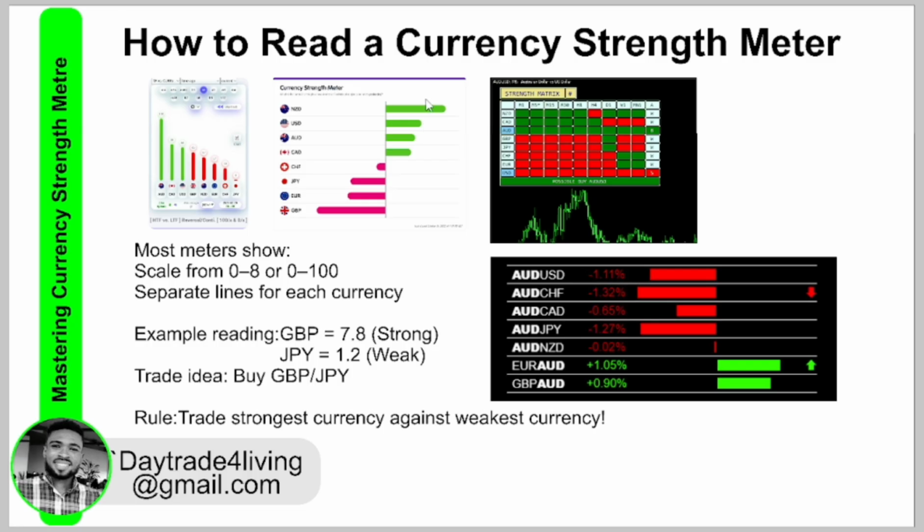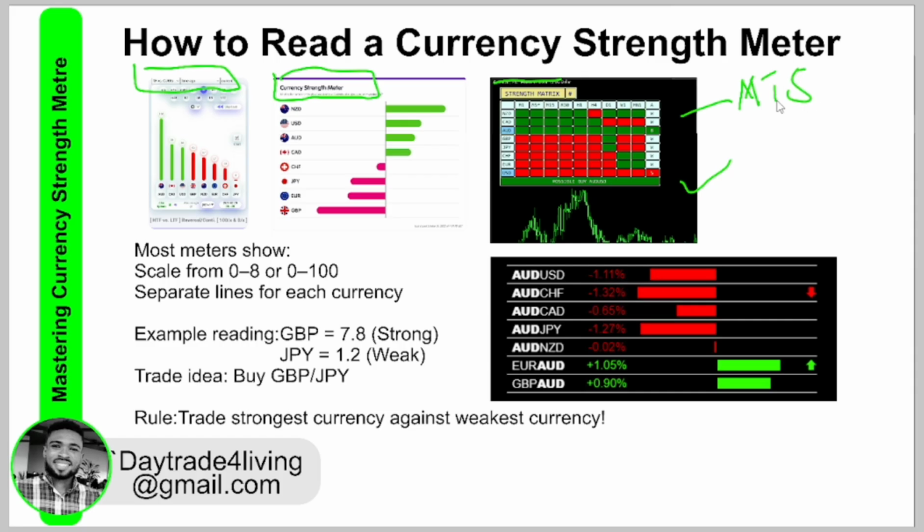So what are some of the best currency trend meters out there that you can use? On this channel for some time, I have been using this currency trend meter. This is my traditional currency trend meter I use, and it runs on MT5. There are other currency meters also out there, but some are best, some are easy to read, some do good calculations, but the ones I actually use and feel comfortable with is my traditional currency meter, this one that I've been using, and the currency meter from Baby Pips. Either of these is easy to use. Normally, I prefer this one because it runs on my MT5